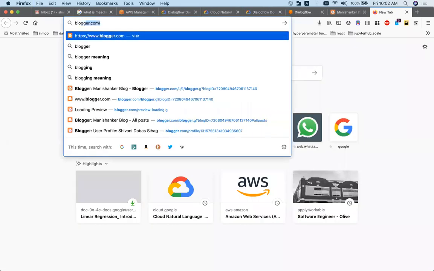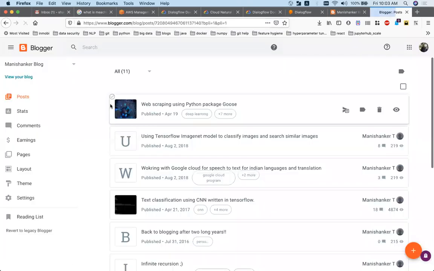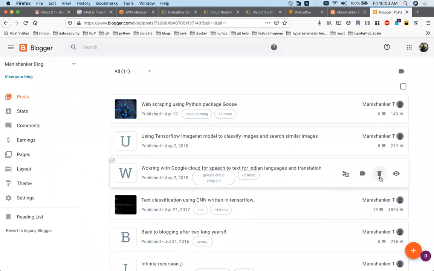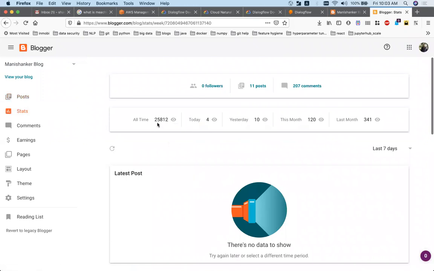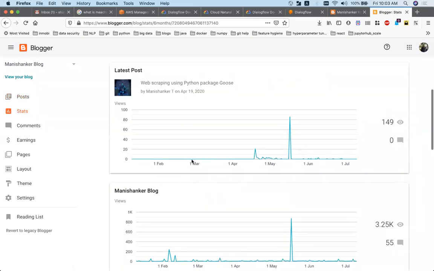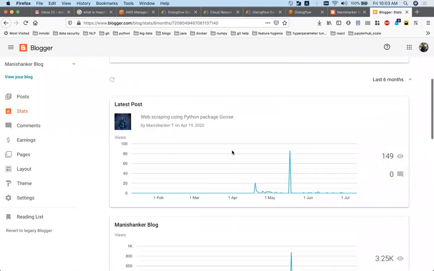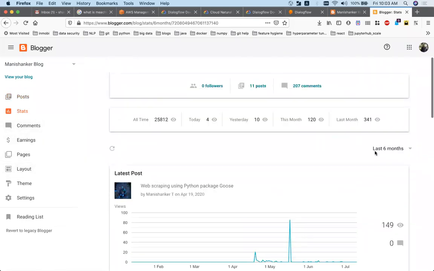I'll show you analytics actually. So these are the analytics. You can see, right? So 18 people commented, 3 people commented, and if you want to see the stats, you can see that all time there were 25,000. Today there were 4. Yesterday there were 10, and in the last 7 days there was nothing. Let's say if I take the last 6 months, you can see this. These are all analytics, right? So on this particular post there were these many, right? So this is the traffic that is coming. Right, so all different types of analytics. These are all called your Google Analytics.